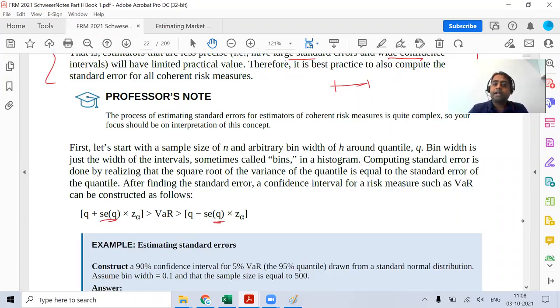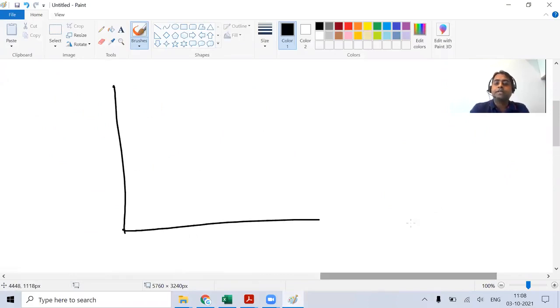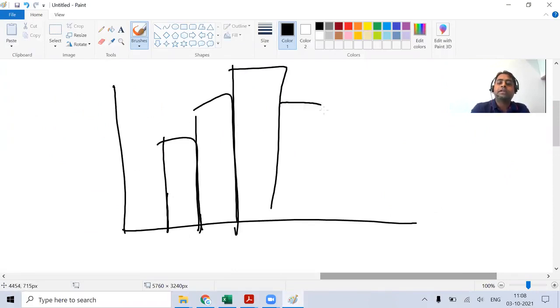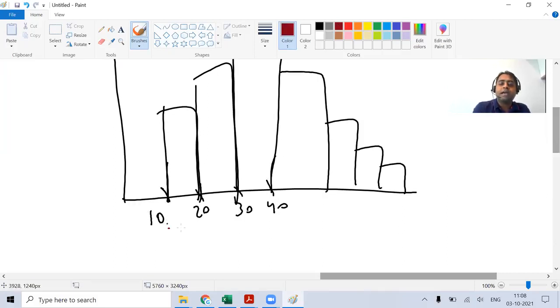And they're trying to find the bins. What is bin? Bin primarily means the class. If I take you towards the basics of histogram, when you create histogram, you basically create classes and you create pillars. Histogram is generally created for continuous distribution. So if you're going to start from 10 to 20 to 30 to 40, the bin means this gap. So my bin is 10.